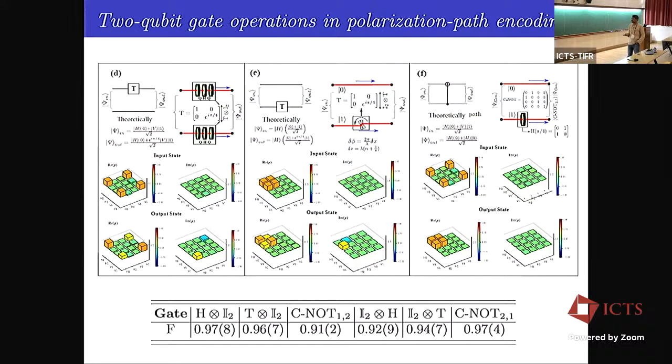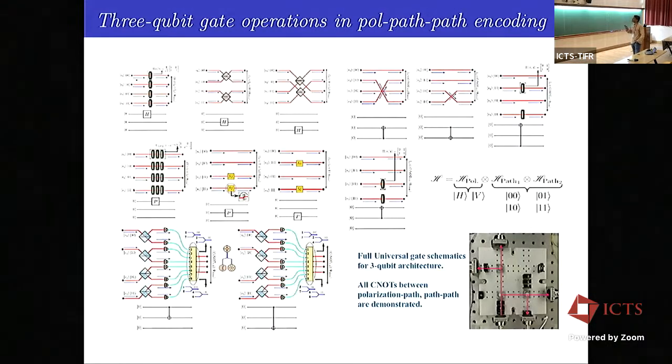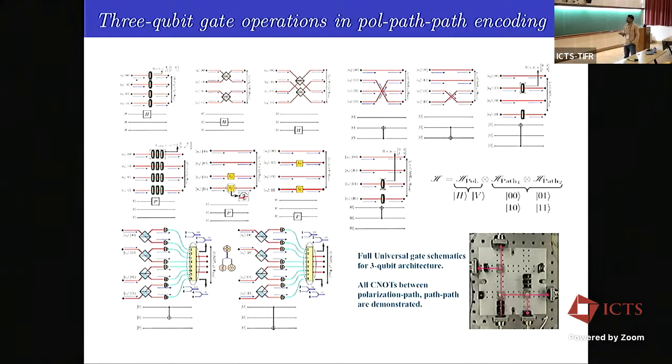The fidelities we could achieve: in fact, this is the first demonstration of many of these gates in polarization and path degrees of freedom. Even the 18-qubit state which was reported using 6 photons only created a GHZ state, and they did not demonstrate the gate operations. But these numbers are quite promising and good. I mean, achieving 97, 98, 97 or 96% fidelity in a room temperature setting is something very promising with the photonic qubit system. So in the interest of time,